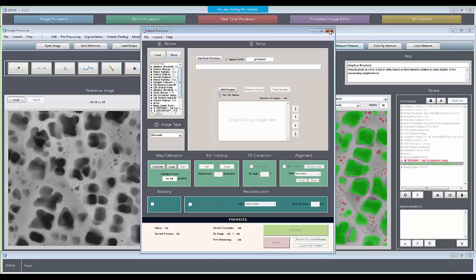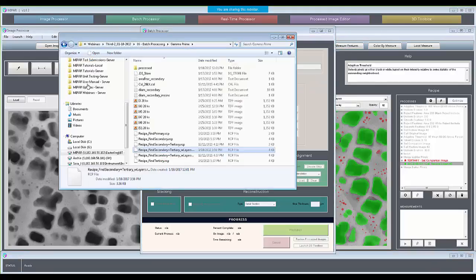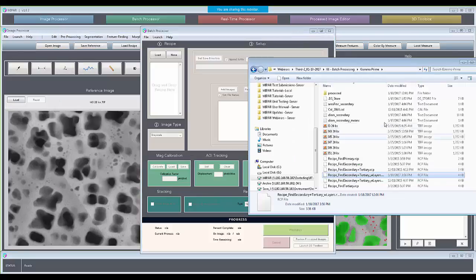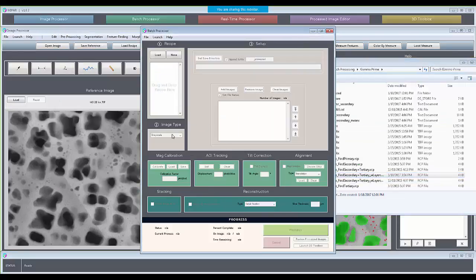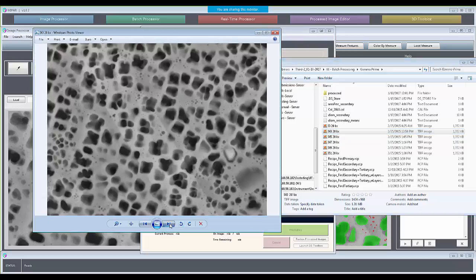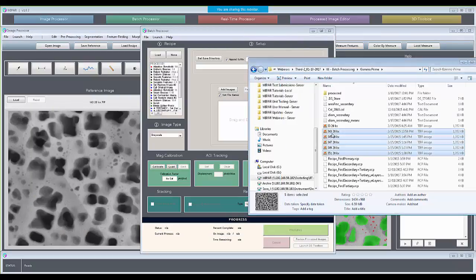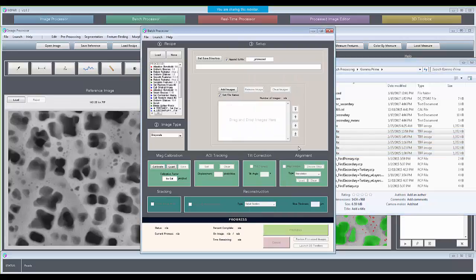Or if you just wanted to start fresh, launch your batch processor, take your recipe, which is this one here, drag it in, and you're set. Now we're going to take the rest of these images here, take all of those, drag them in. It will then auto set our